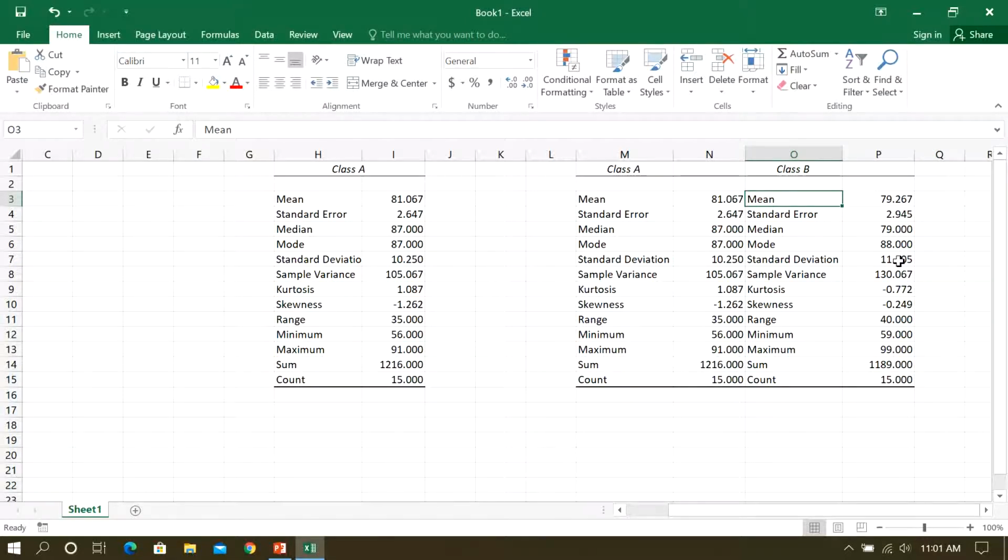Here you can see the standard deviation means how far each score deviates from the mean. So standard deviation is more in class B, meaning more deviation is there. Range is also more in class B, so more differences are there in class B. More consistency is there in class A. So this type of thing we can say. You can even see the maximum number in class B is 99, and the maximum number in class A is 91. The differences are also in the form of range, you can see 35 and 40. So comparative analysis is also there.